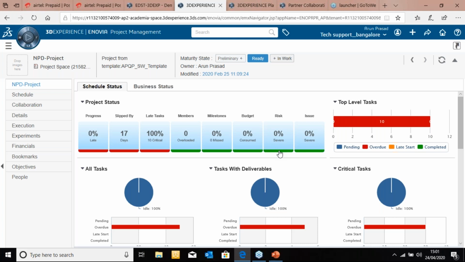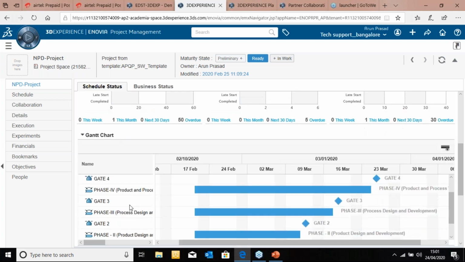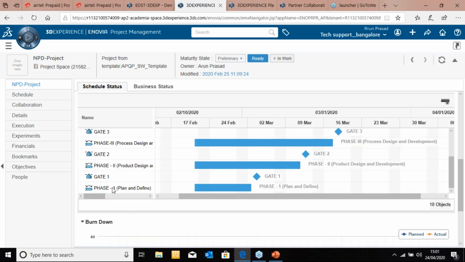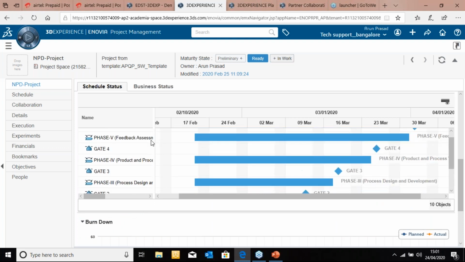So look at the beauty of this solution, where you have access to each and every piece of information in one single dashboard. This dynamically changing screen is out-of-the-box functionality, where everything is available in pictorial representations, like your bar graphs, pie charts, and so on. You also have a Gantt chart view of each and every task, the phase gate views, and the work breakdown structure of each task, all the necessary information in one single dashboard.